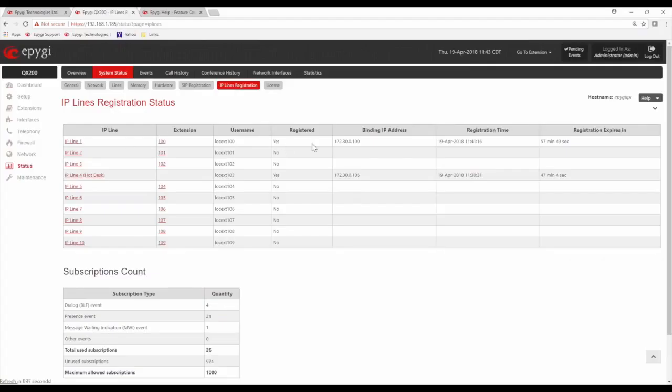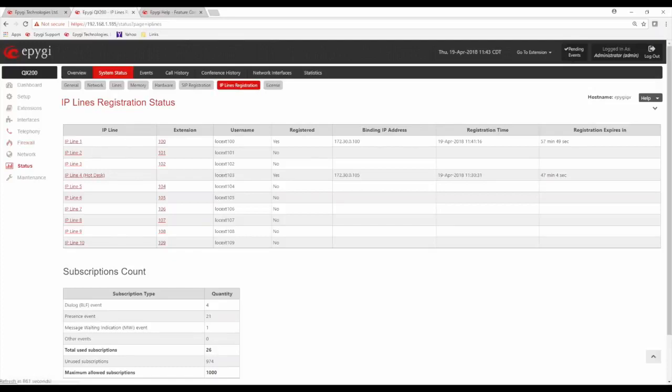Shows all my extensions. I just have a couple of phones on my system, and only a couple of phones registered. It tells me the IP address. And by the way, once those phones register, they will need to register again every hour. Just because they register once doesn't mean they're good to go. Every hour they need to re-register, otherwise they go unregistered. And when they're unregistered, any incoming calls would go directly to the